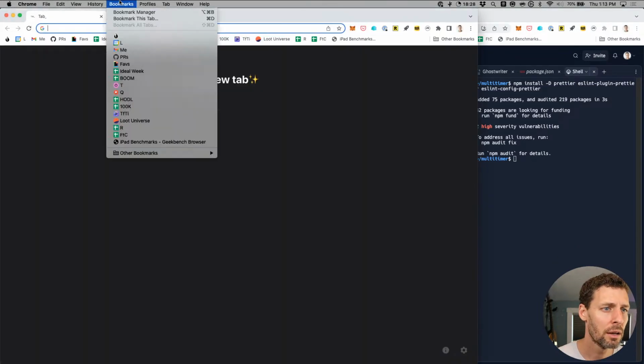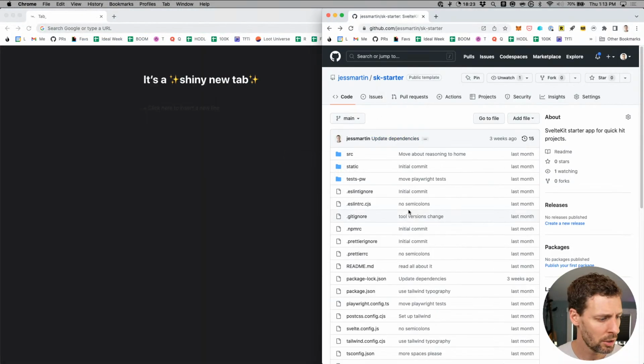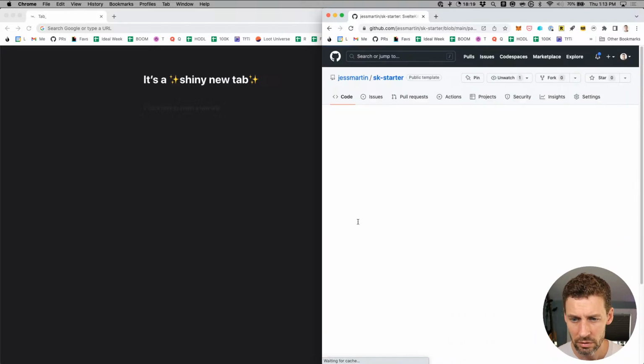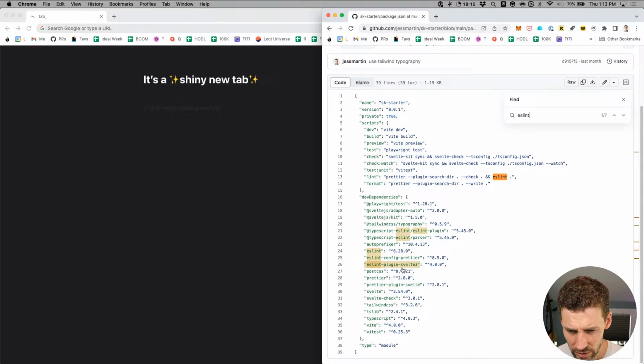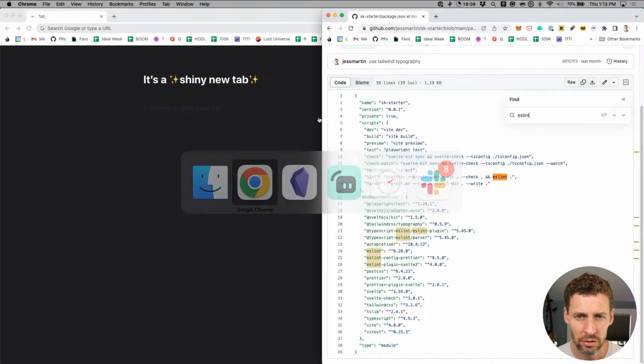Let me make sure, I wonder what exact packages I have. Let's bring that GitHub link back up. SK starter. And let's see what ESLint and other packages I have. ESLint has config prettier and ESLint plugin Svelte3. Definitely want that too. What did I just install?